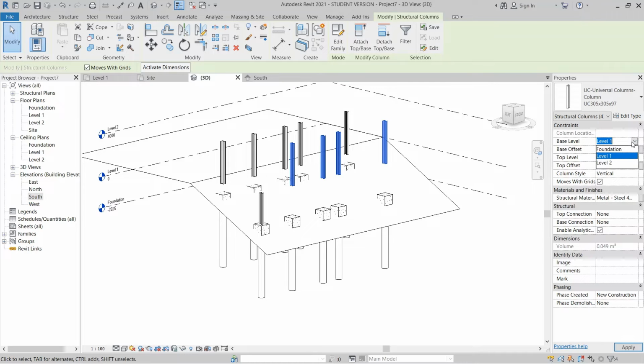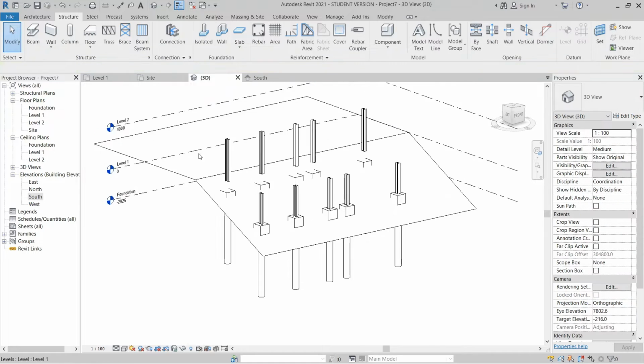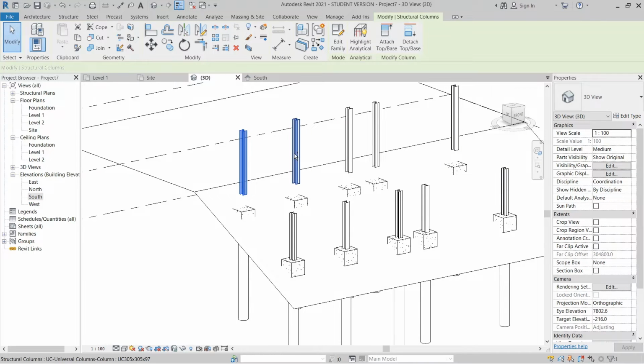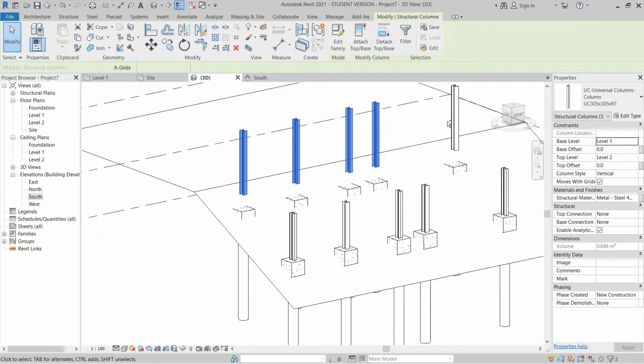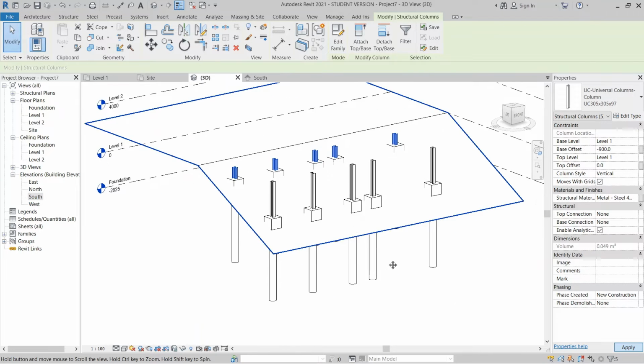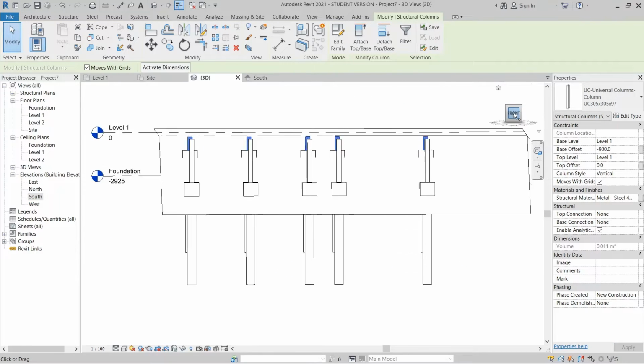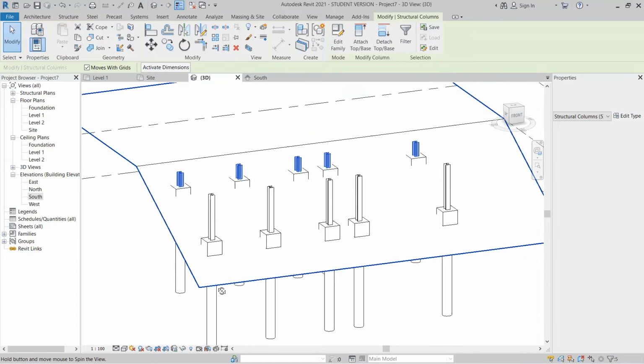Change it to foundation, and this one change to level 1, hit apply. And this guy also I want to adjust, just like all. Change this one to level 1, and this one we might need -900. Hit apply. Let's see from front. Okay, so our position is perfect.